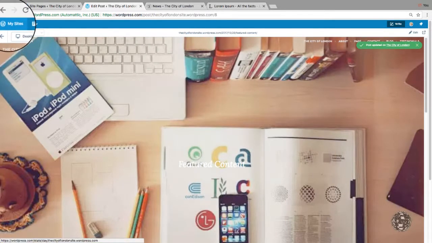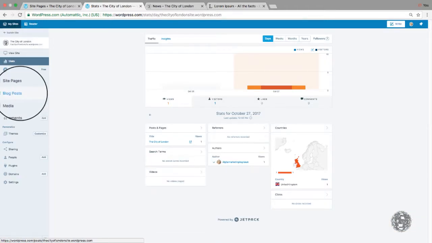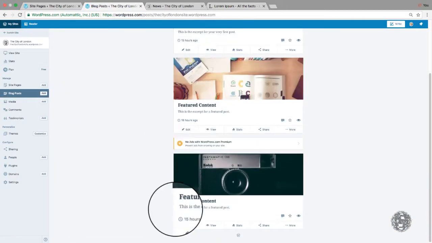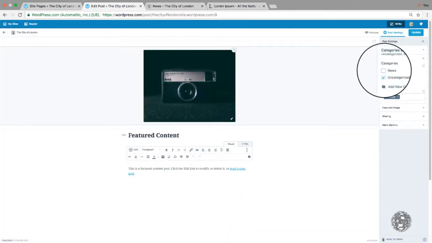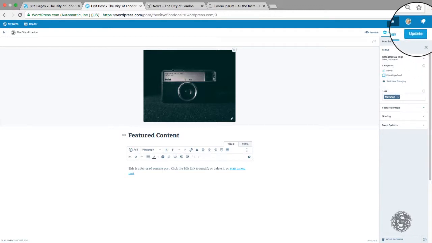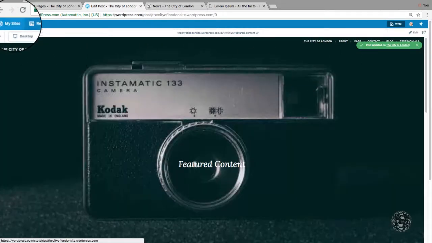Back to my site, and the third blog post. Edit. News and update. Okay, so now that I've got the posts, my news, or what was the old blogs in place,